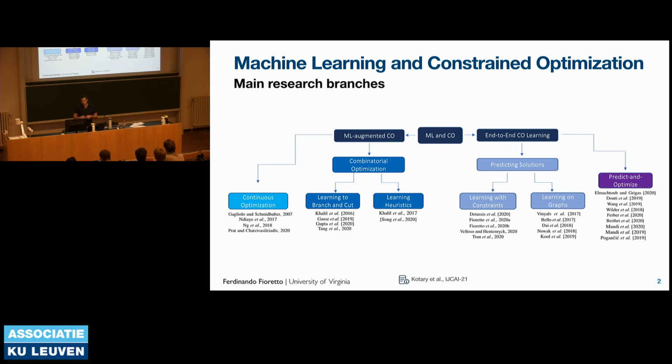And so we were looking at basically two directions. How you can use machine learning for improving constraint optimization solving, like Tias was mentioning earlier, like implementing branching strategies. Maybe you're going to hear more about this from Elias. And so on, as well as the other area, which is how to really integrate optimization and learning in an end-to-end fashion. And so here, what do I mean by this?